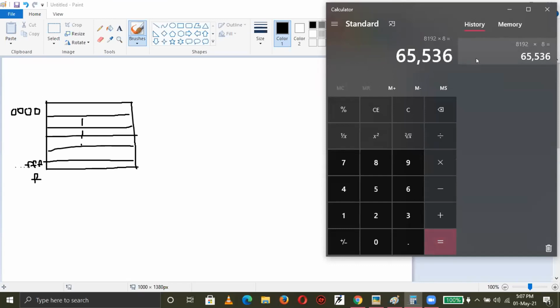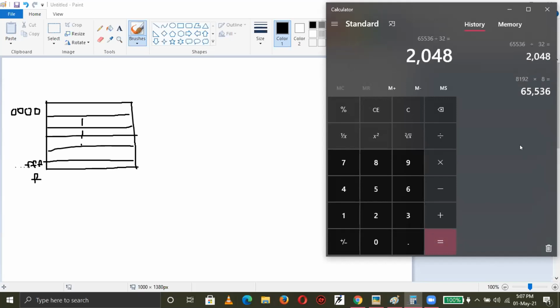Is this the value that you got when you calculated the decimal equivalent? Yes. So these many bits, correct? Each location, how many bits? 32 bits. Divide this by 32. 65536 divided by 32.